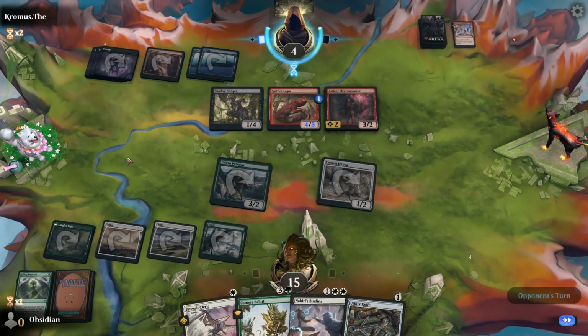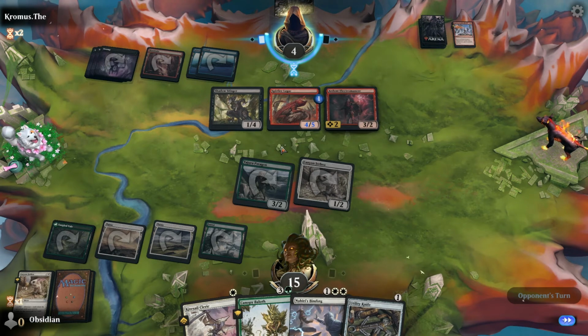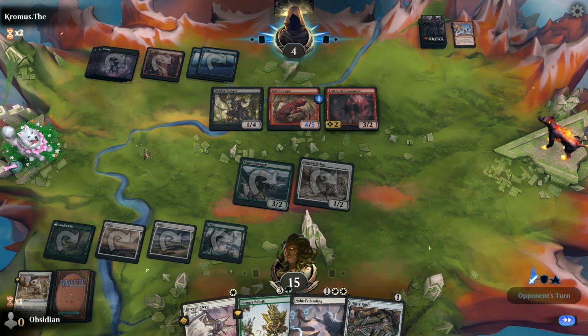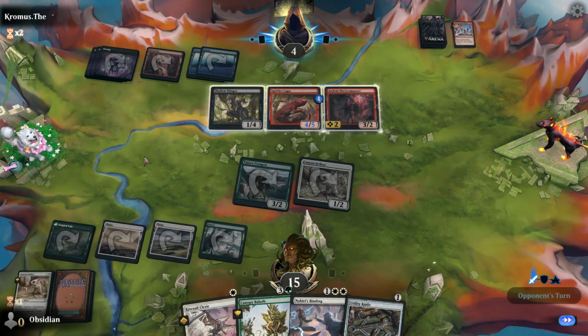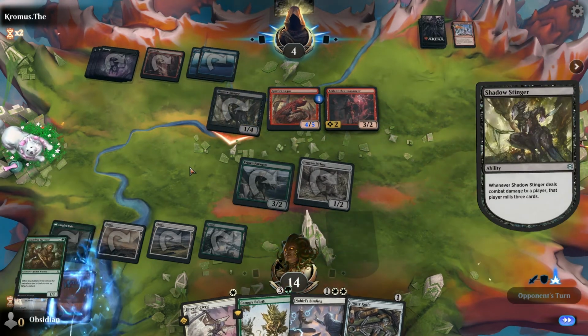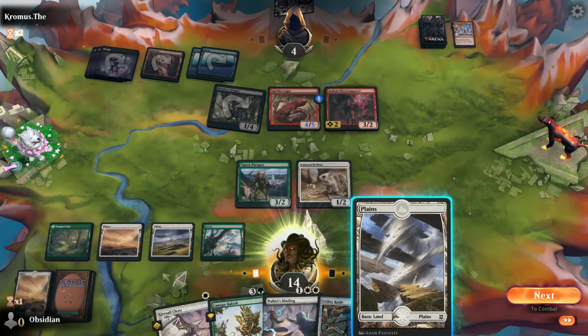Alright, he kills one of our Jerboa. Let's see if he swings out now, if he feels safe enough to swing with these two. He's tapped out, so if he does, that'll be lethal. If he attacks with even one guy, we got it. How confident are you? He goes for it. Alright. A little bit sketchy, but